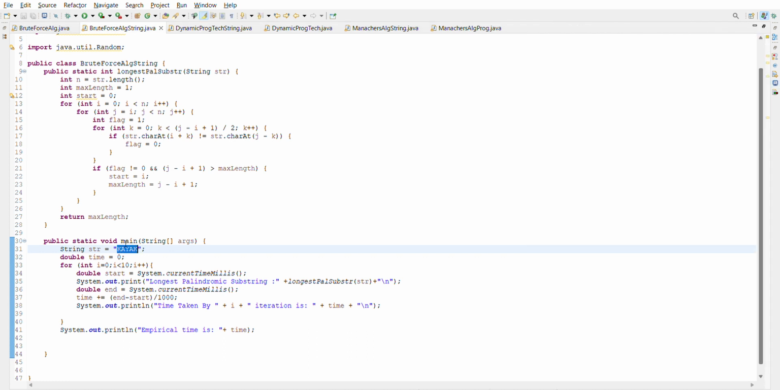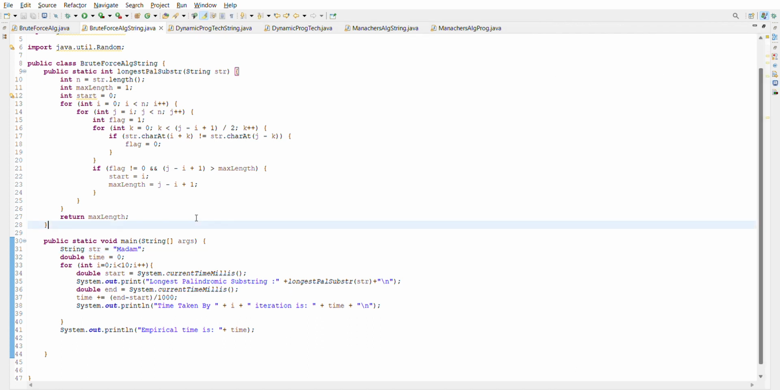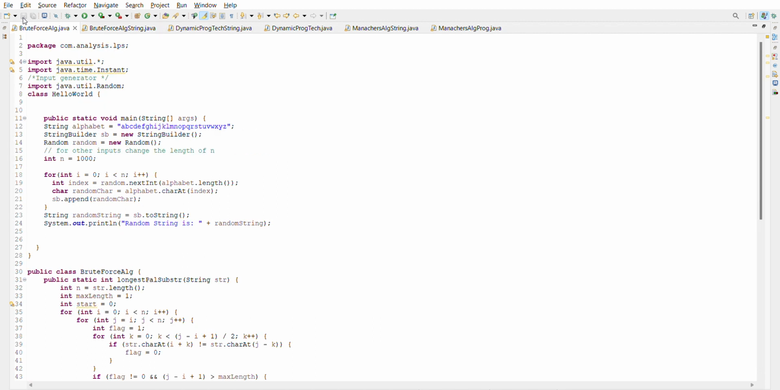Last but not the least, the last test case goes with madam, which is a palindrome. So when I save and execute this program, it gives me the longest palindromic substring and the time taken for it. And these are the test cases for each string which I wanted to implement. But when it comes to the algorithm,